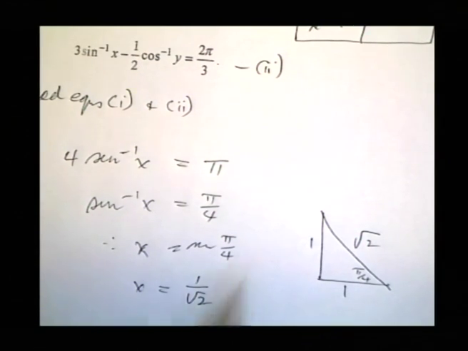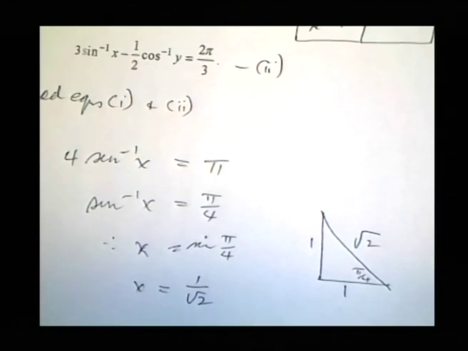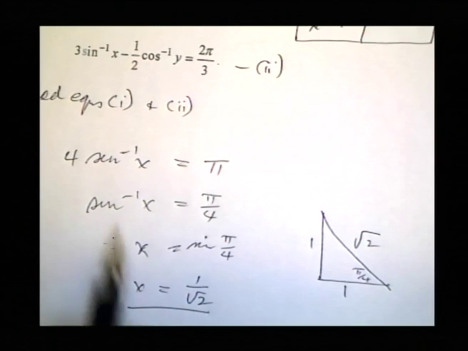Some students might still be thinking, in that particular equation here, why can't you get multiple values of x? Well, we're talking about inverse trig functions in this sum. For one value of x, there's only one value of y. Okay, so now, if x equals this particular value here, which is correct, we can put the x back into